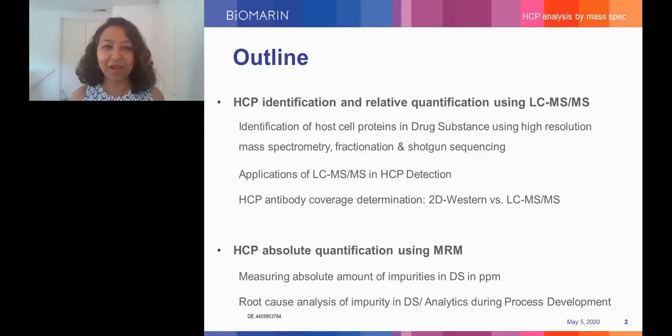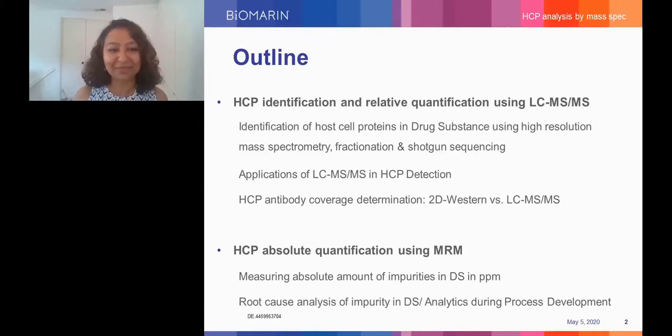And then I'll be moving on to doing some absolute quantification of host cell proteins. So once you know which proteins you want to monitor, you can actually quantify them. And that can also be done using mass spectrometry. And finally, I'd like to end with an example, maybe a couple of examples, of how one can also use mass spectrometry for root cause analysis in case there are hitches in the process development before we have a final